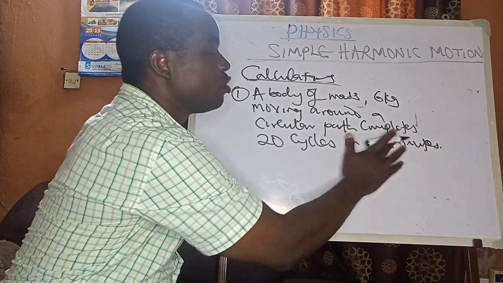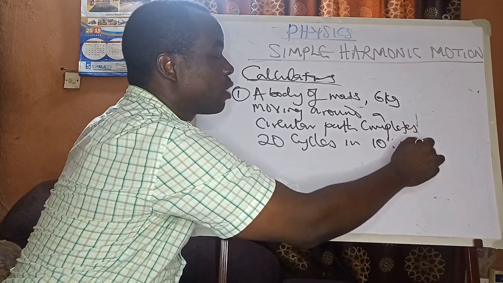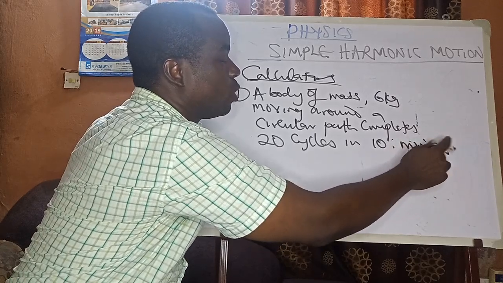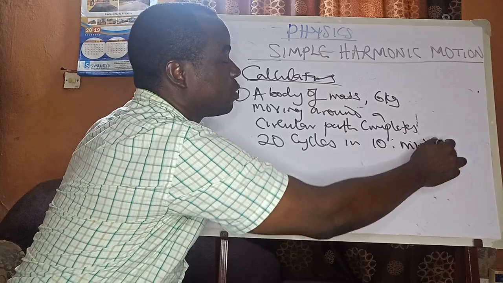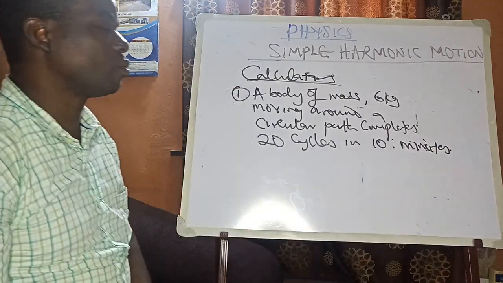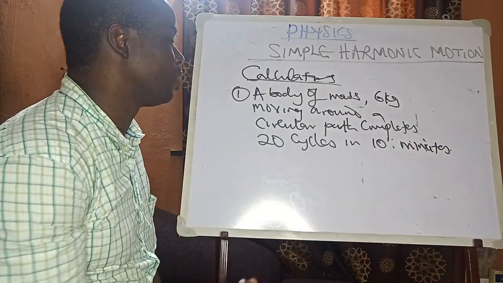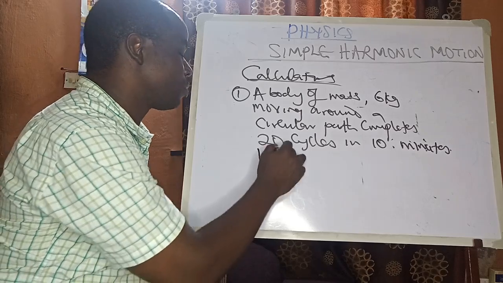Of course, anywhere you see minutes, you have to change it to seconds, but we will talk about that. Now the question we are going to solve is, if the radius